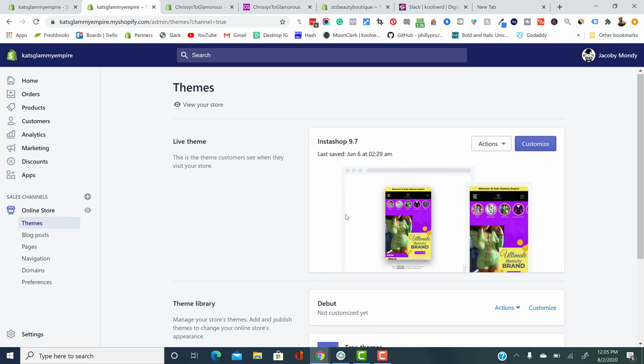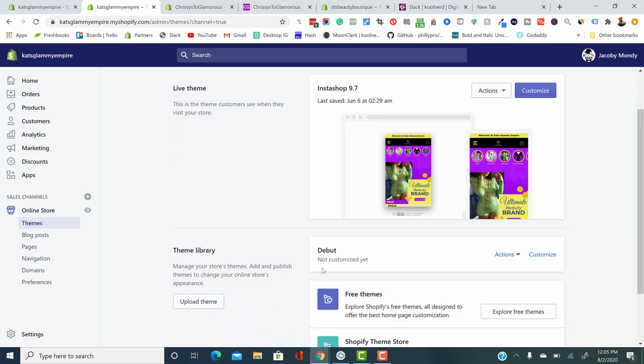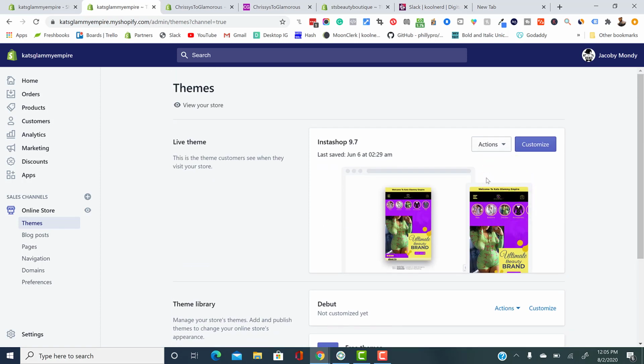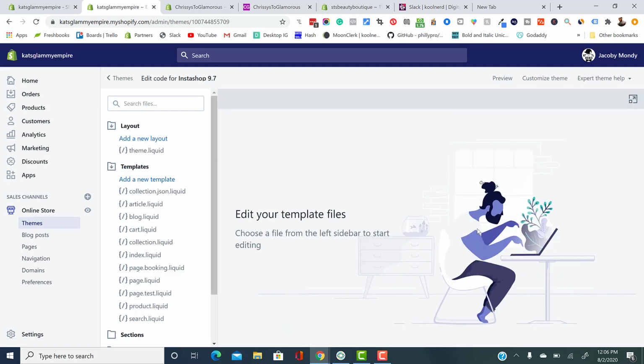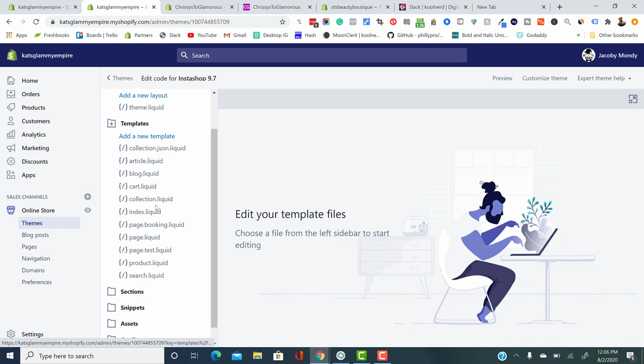You don't do the whole upload a new theme to 10.0. So this is what you do on 9.7. So if it's 9.7 or anything under 9.7, even if it goes down to, you know, 8.5 or something, this is what you do. You go into the code, edit code,